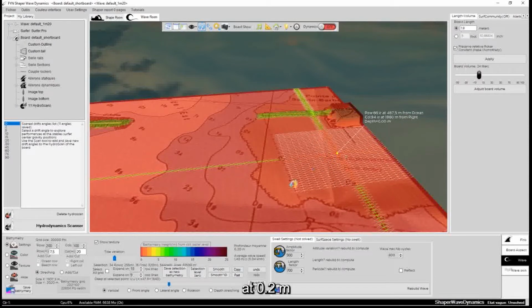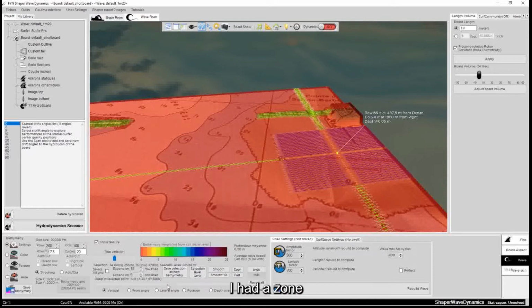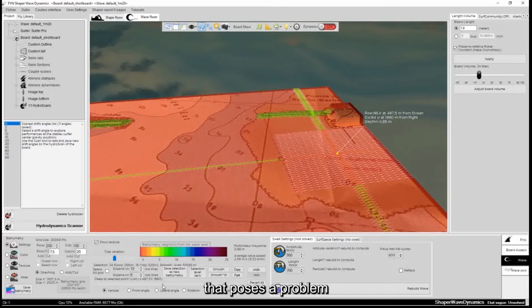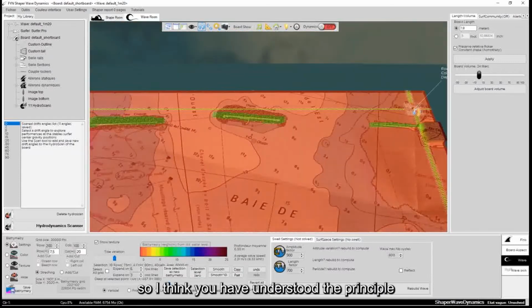At 0.2 m. Then I reset to 0 rather. And I go to 0.2 m because if I had a zone which was already set lower, that poses a problem for me. So I think you have understood the principle.